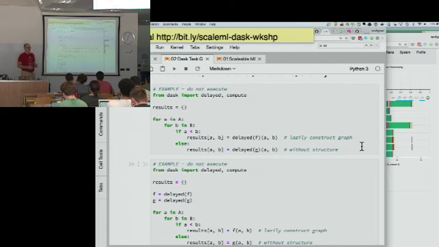What Dask allows you to do is utilize this delayed function wrapper. The delayed function wrapper will lazily construct the graph and say, okay, results at AB will be the delayed result of this F or this G, and let me just build up all of these things that would go into figuring out the total